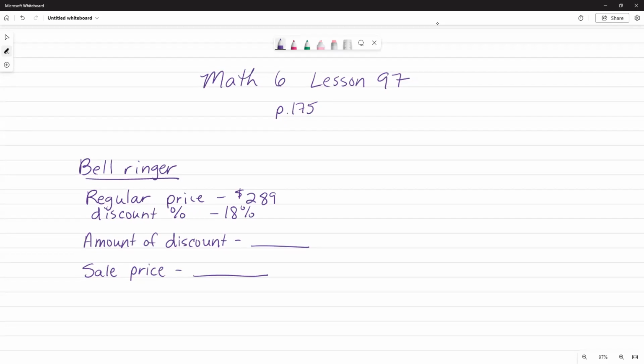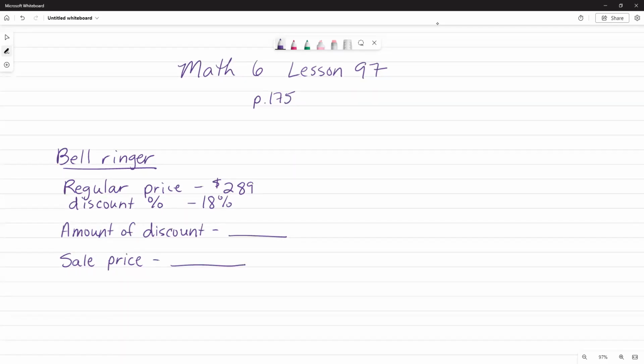So we have an item whose regular price is $289 and it has been put on discount of 18%. First we have to find the amount of discount. Remember, the discount is just the part that we're trying to calculate, so we're getting a dollar amount in this case. Your answer is going to be in dollars. When you think of amount of discount, think of that as 18% of